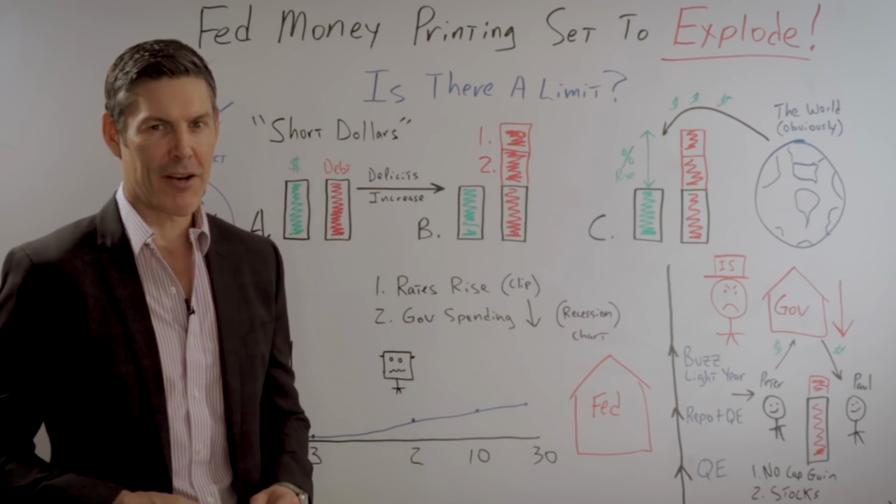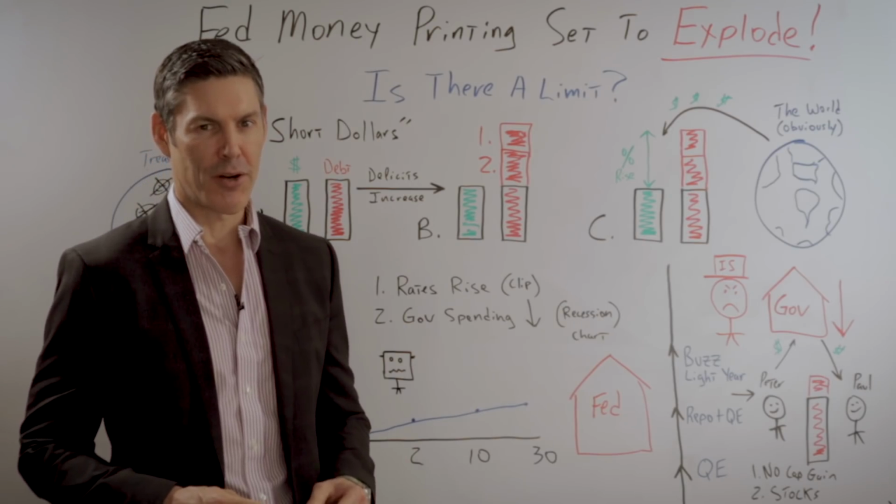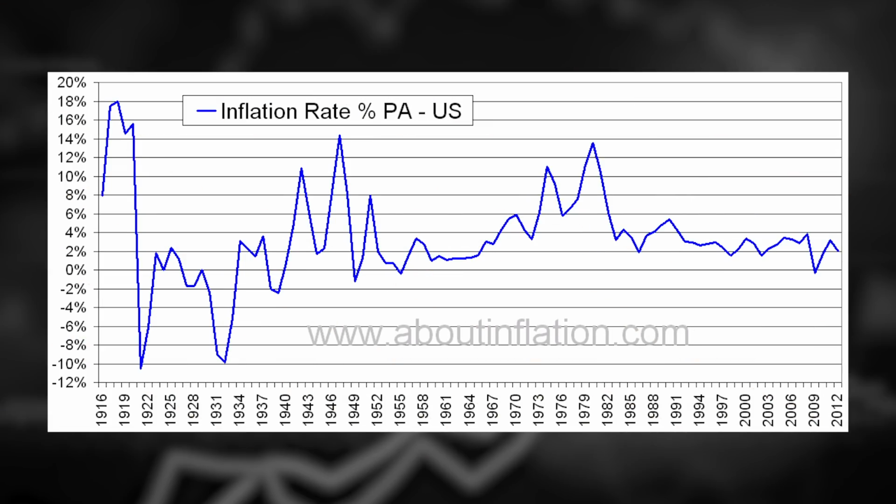Not so fast. Editor, throw up a chart of inflation during World War II. The reason I pull up this chart is because the U.S. has done a Frankenstein yield curve before. That's right. During World War II, they did it to keep interest rates low. They did this from 1941 all the way to 1951. And what did the inflation rate get up to at its high during that time frame? 14%. And I'd like to point out that that is higher than the highest inflation rate we had in the